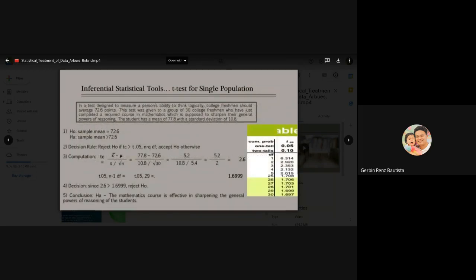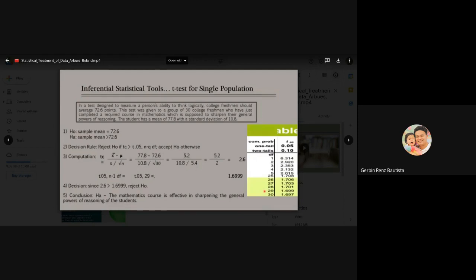Based on the data given by the problem, the null hypothesis would state that the sample mean is equal to 72.6, and the alternative hypothesis would be that the sample mean is greater than 72.6. The decision rule would be to reject the null hypothesis if the computed t-value is greater than the critical value of t based on the parameters, which can be found on the t-test table. To compute the t-test,